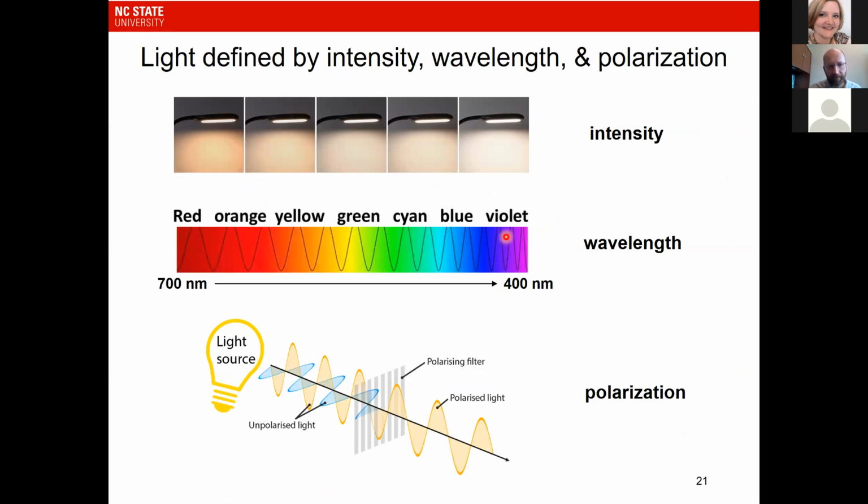So if we think about light in general, we're familiar with intensity and wavelength of a typical camera, but what also defines